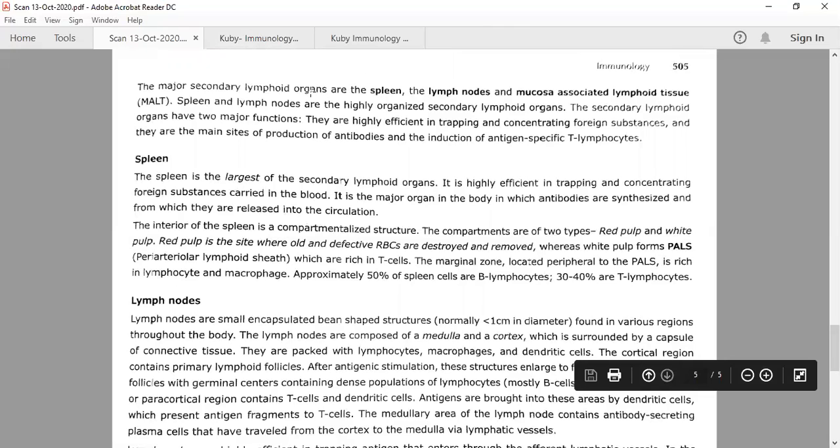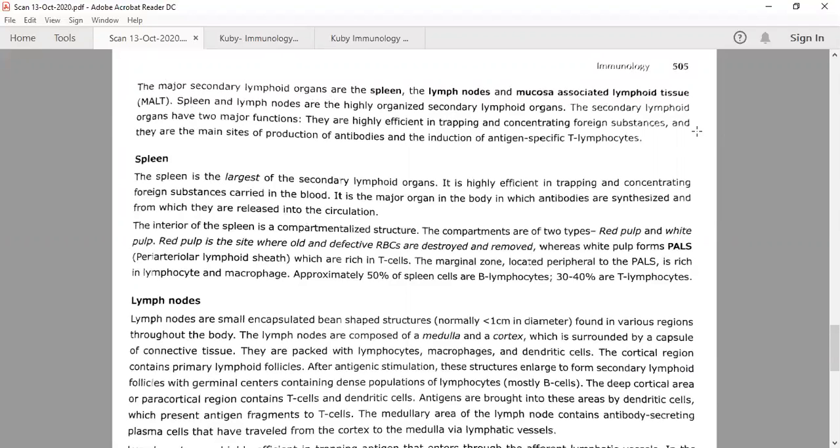So these all are secondary lymphoid organs, including spleen, lymph node, MALT. All right. So spleen and lymph node are highly organized secondary lymphoid organs or tissues, whereas MALT is a loose term. They are not very much organized, but they include tonsils, Peyer's patches. We will discuss all these. So MALT we will discuss, but before that we need to finish the spleen.